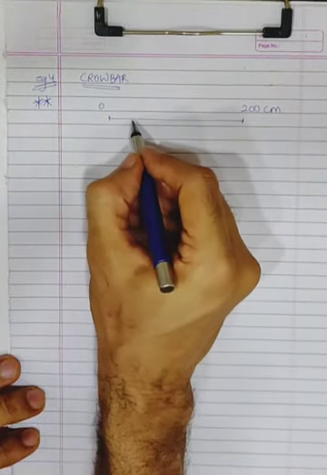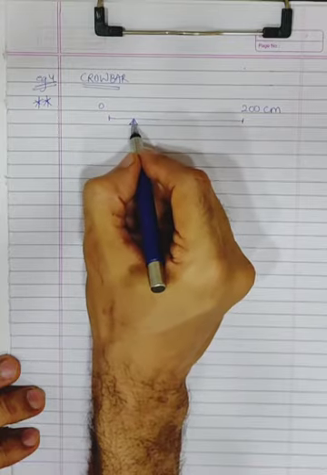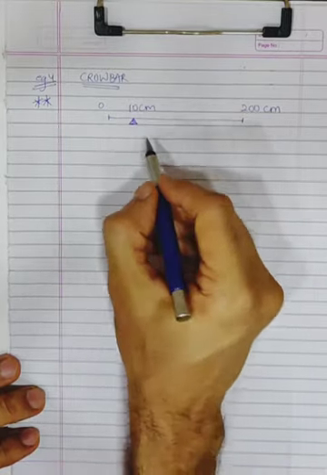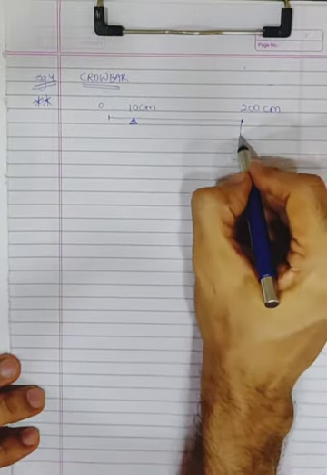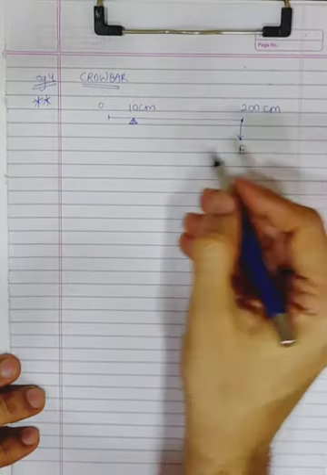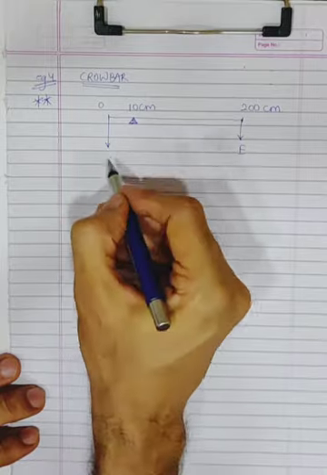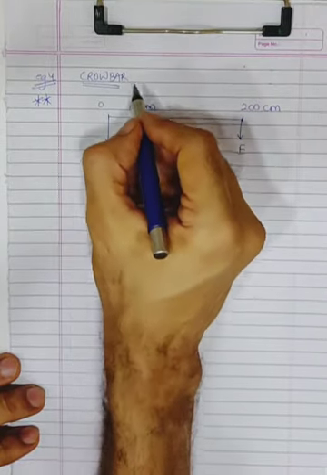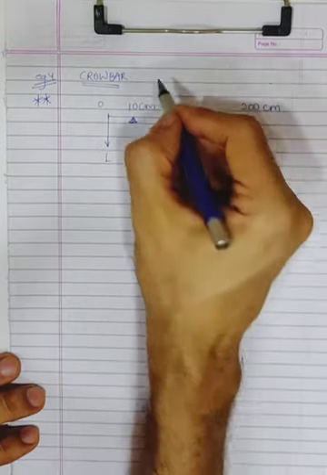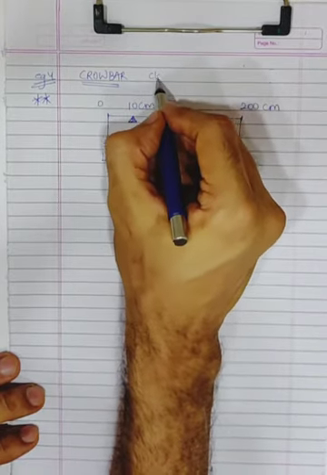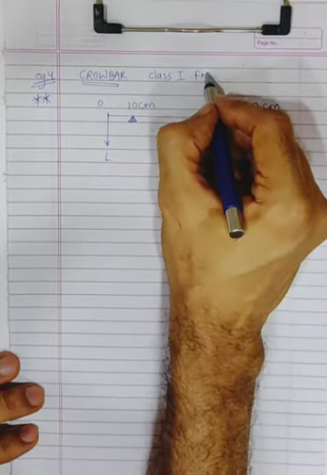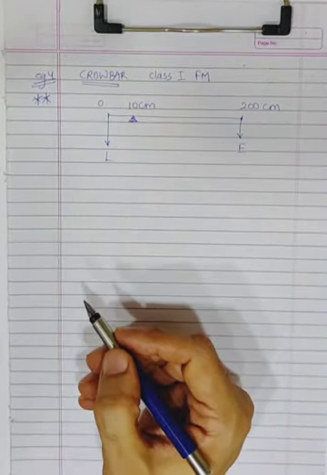They are saying it is pivoted about a point 10 centimeter from its tip. So the pivot is out here. How much is it? 10 centimeter. Remember, in a crowbar, the longer arm is always the effort arm because it's a force multiplier, and the shorter arm is always the load. The load is always on the shorter arm. So crowbar is what kind of a machine? It's a class 1, but it's a force multiplier.